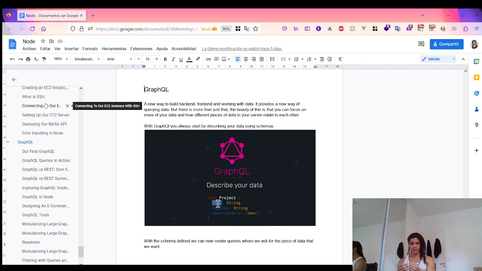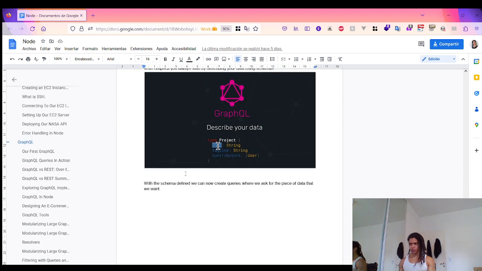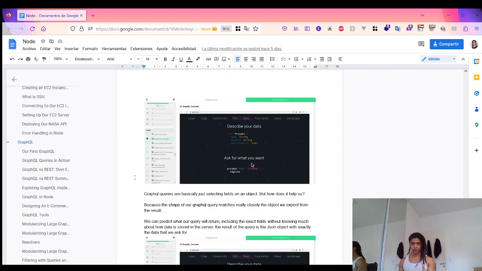The beauty of this is that it allows you to see how different pieces of data in your server relate to each other. So it all starts by describing the data using a schema, and if you want to query data, you do that using GraphQL queries. So it is much like selecting properties on an object,